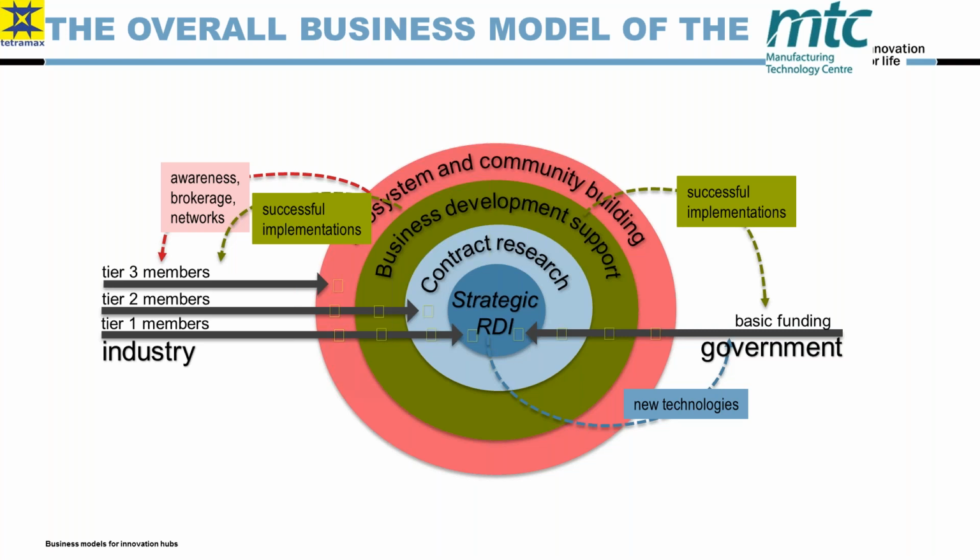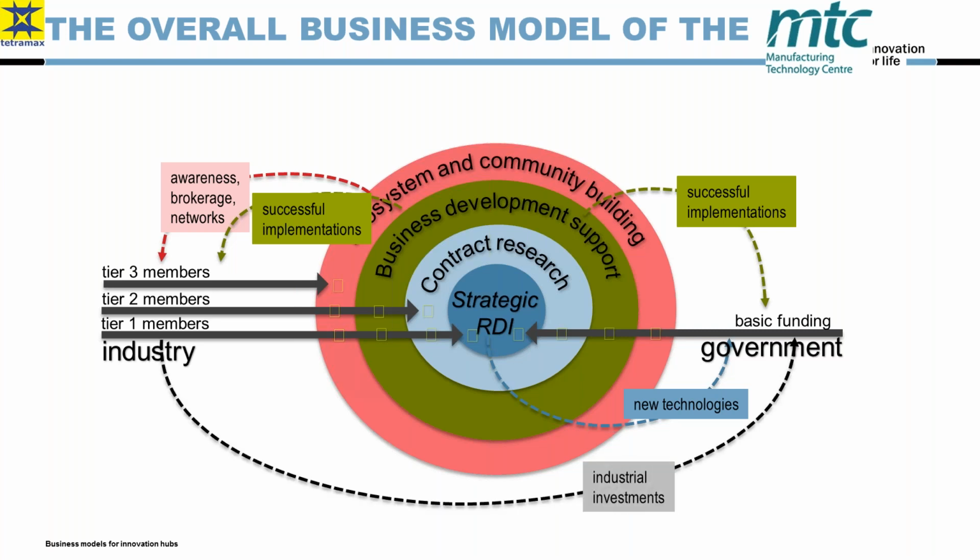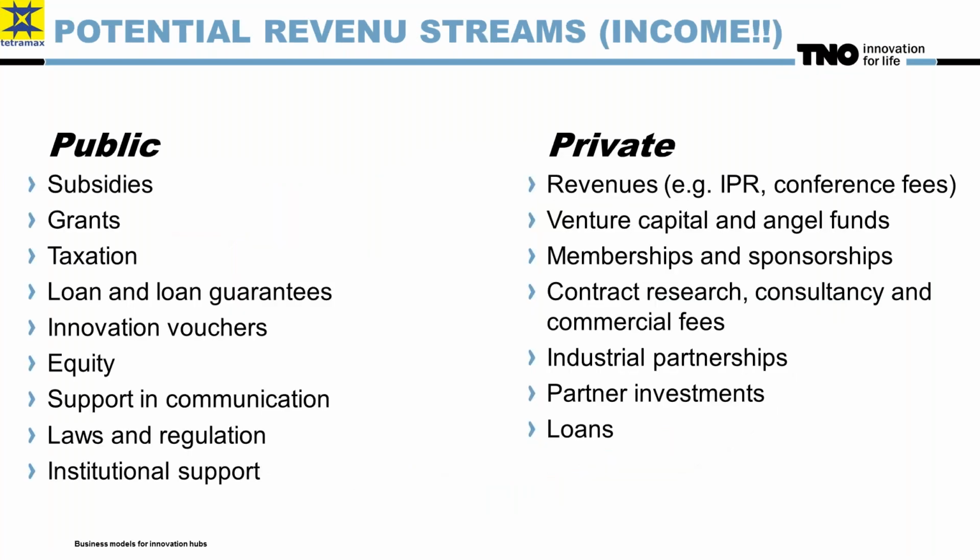And of course, again, with the funnel kind of activities, the awareness, brokerage, network, that will also add up to the industrial participation within a digital innovation hub. And then that participation of industry also will convince again a government to invest in a digital innovation hub. So this is an approach to a business model,